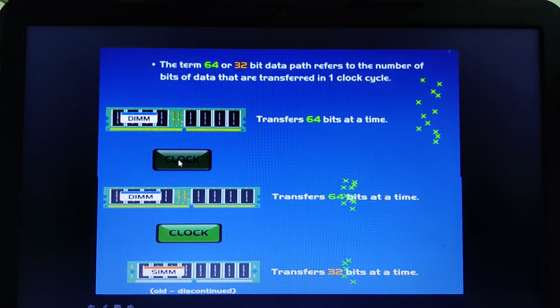So this synchronous dynamic random access memory will transfer the data only when the clock signal is high. That means when it attains the value 1, only in that case does the data transfer take place. Otherwise, when the clock signal is low, there will be no data transfer. Data transfer takes place between the SDRAM and the CPU. But this SDRAM knows when the next cycle is coming, and it keeps the data ready whenever the CPU requests it.